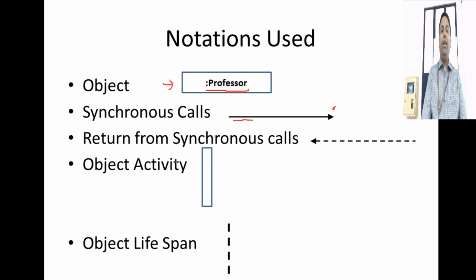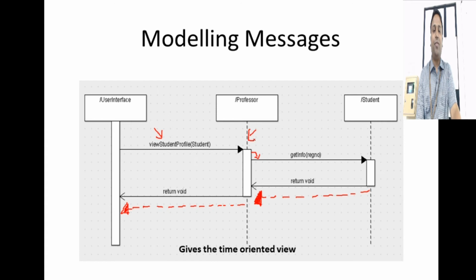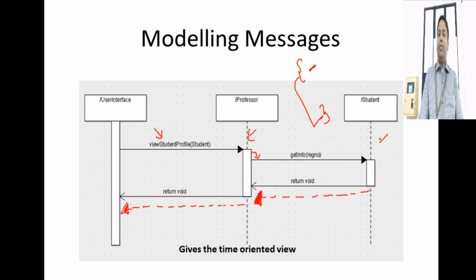What is object activity? Say when you invoke a method, that method will be active until it responds back, right? So that is represented using this kind of a box. And object lifespan is denoted using something like this. You could have seen that object lifespan here. So this is object lifespan. Like you put an object within braces, you create an object here, the lifespan will be within these braces, right? So that denotes the object lifespan. Or else you can talk about the object lifespan for this particular use case, viewing profile. Is there any object getting destroyed immediately after it's getting created? Those things can be modeled.